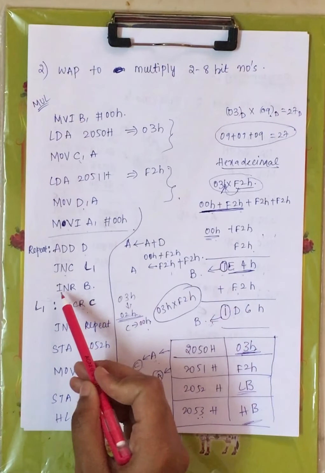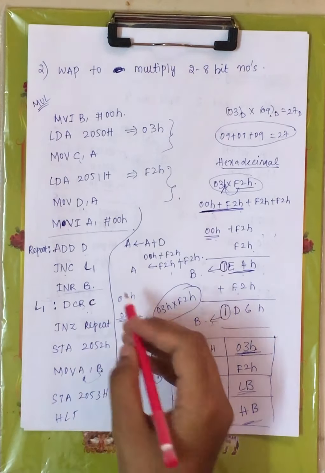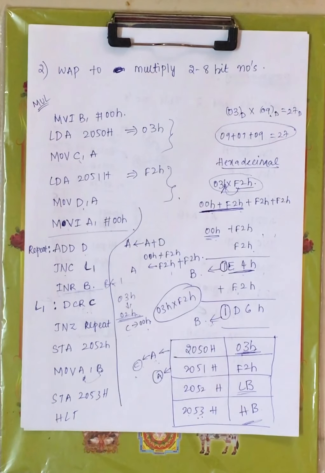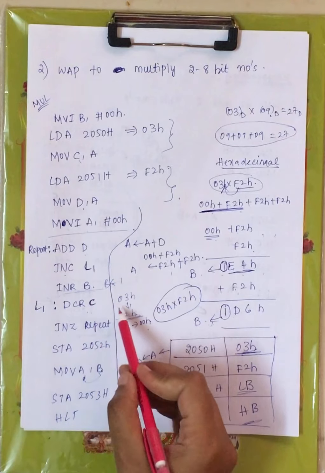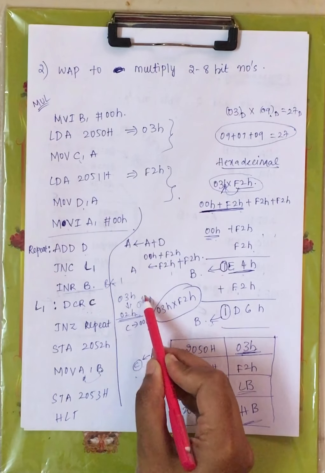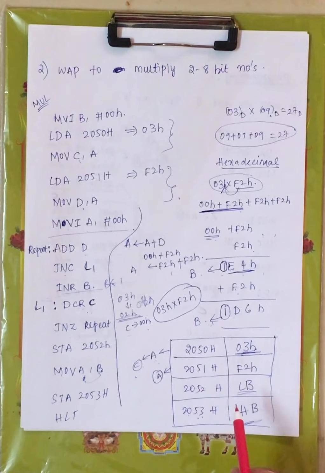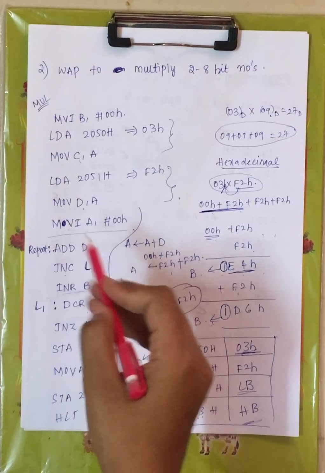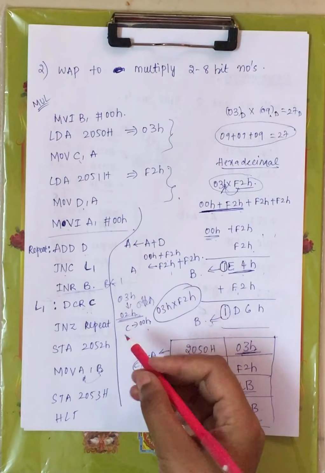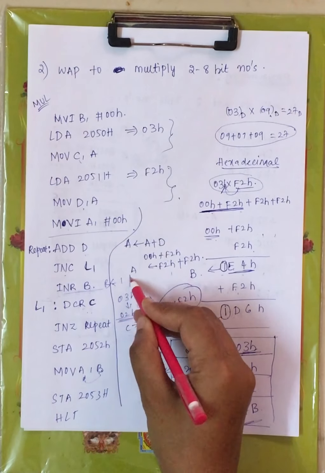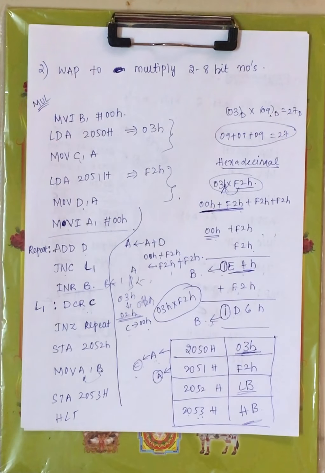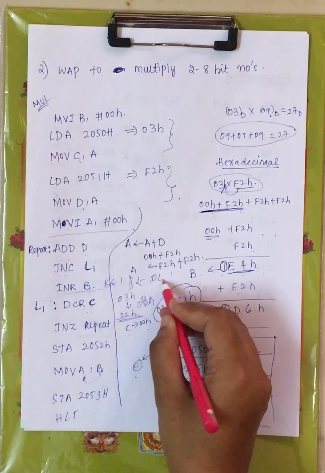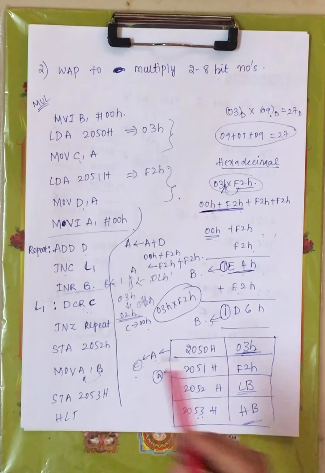Now here you are getting a carry, incrementing B, right? Now B will be 1. Now again decrementing C, and the result is 01H. Again it is getting added, right? In the final result, you will get a carry, again incrementing B. This loop will continue till the value of C is 00H, right? Now B is stored with 2 carries, that is one carry upon one addition and one carry upon another addition, right? One carry, one carry, you will get 2. B value is 02H, right?